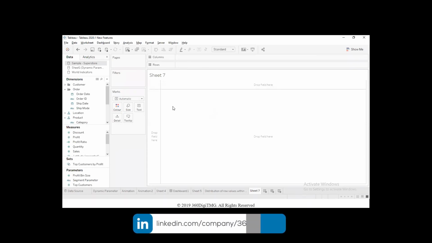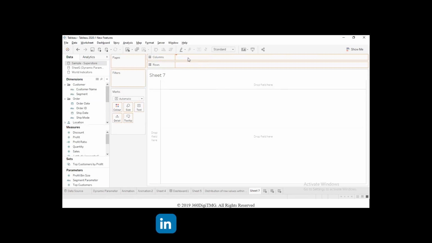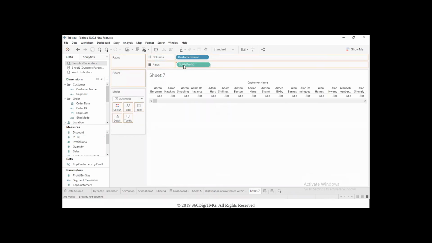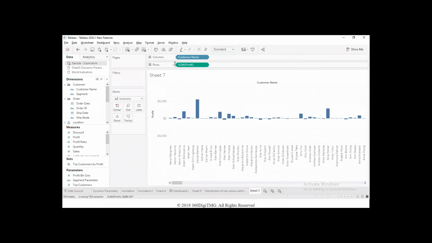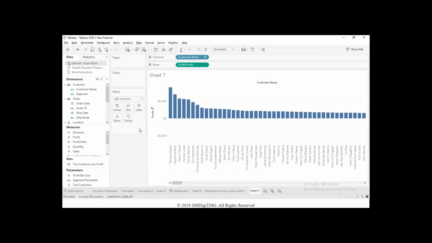What is a parameter is your question. Parameter is basically a dynamic value, meaning let's say my requirement is to look at the profits coming from different customers present in a business named as Superstore. Superstore is a retail business where they sell different products, tables, chairs, bookcases, binders, etc. Different products are sold to different customers. Okay. And when a customer comes and they make transactions, obviously they are giving the business some profit.